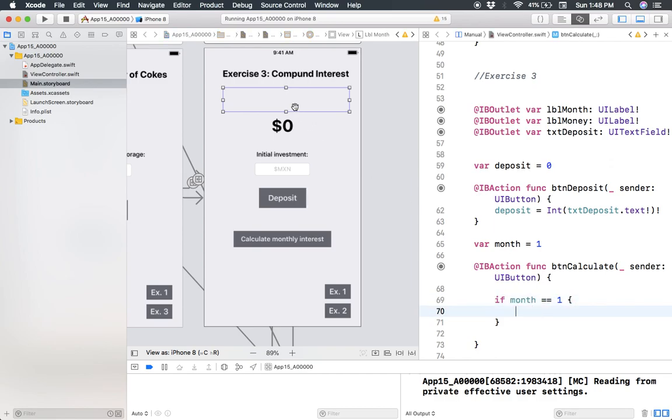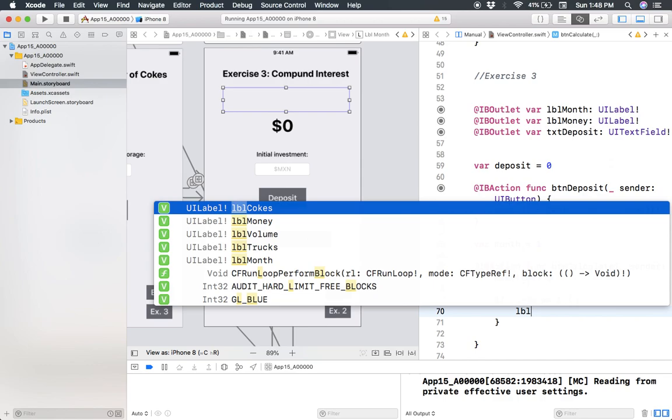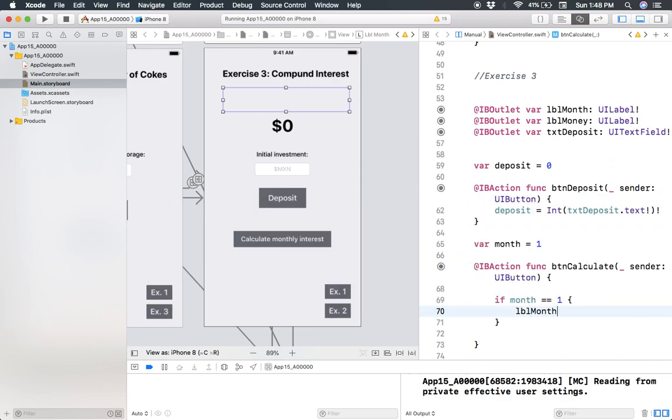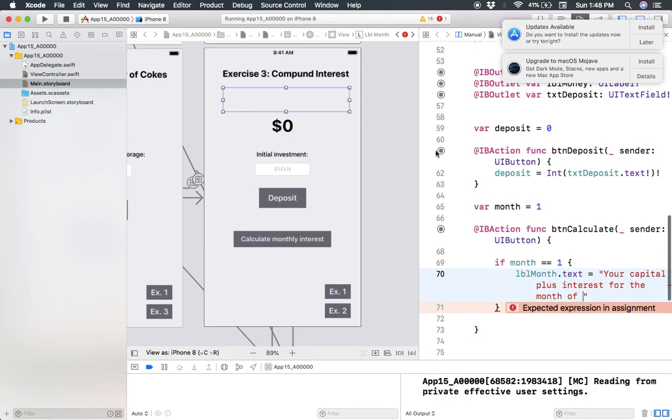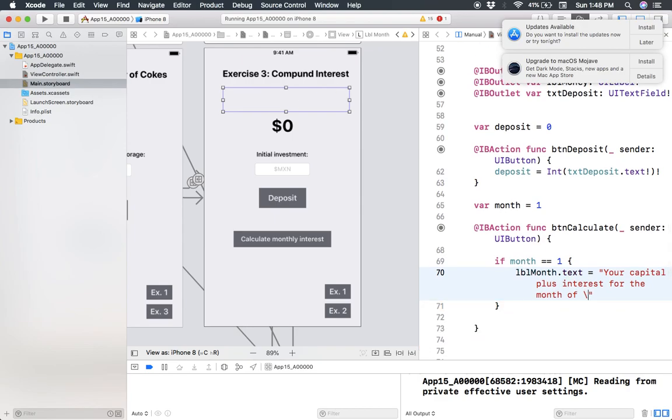We're going to change this label called label month.text equal to maybe your capital plus interest for the month of, maybe put a backslash here, month